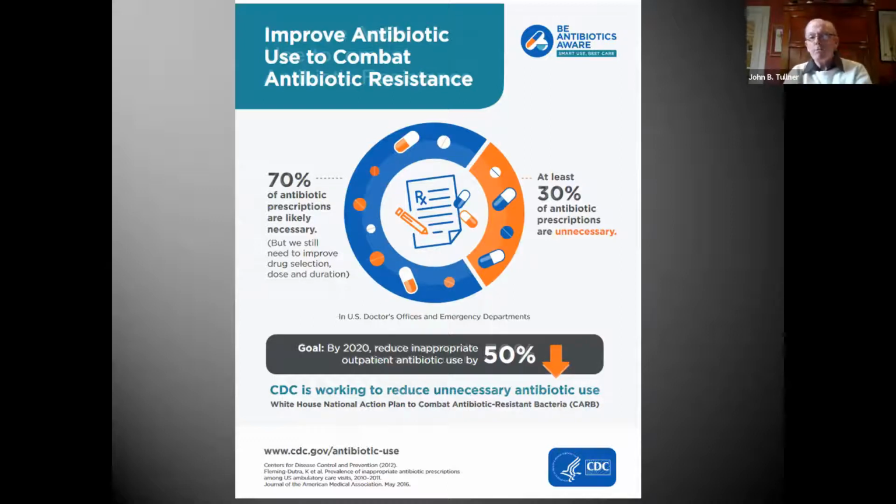And again, these are estimate numbers. But interestingly, of the 70% that are indicated that are written, of the 100%, of those 70%, a significant number are not appropriate for the organism that's being treated. So keep that in mind. This is a big problem. When you write, make sure you try to target the organism. You try to use narrow spectrum where possible, and this will help us reduce the amount of